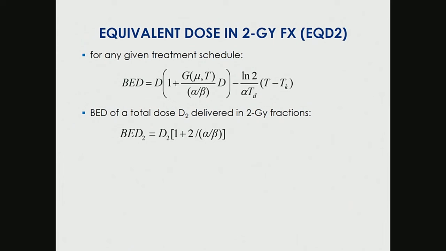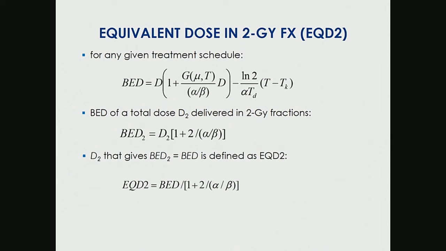So in theory, you can always find an equivalent total dose which, when delivered in 2 Gray fractions, will produce the same biologically effective dose as the treatment you are starting with. So EQD2 is nothing but the BED divided by this factor that is related to the BED of those delivered